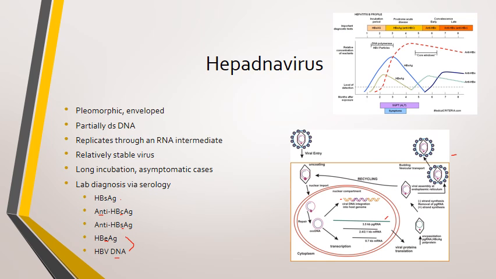Then we have the hepadnaviruses. The prototype virus of this particular family is hepatitis B. It is a pleomorphic enveloped, partially double-stranded, not completely, but partially double-stranded DNA virus. And this has a very interesting form of replication in that it replicates through an RNA intermediary. Okay, so